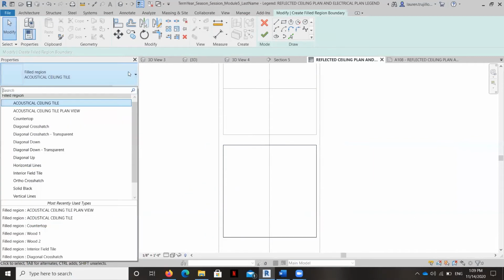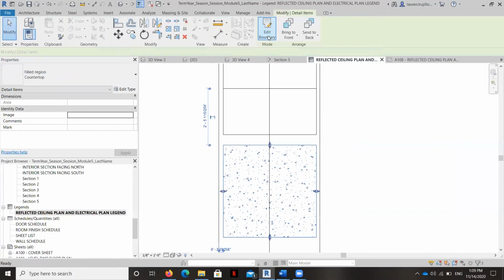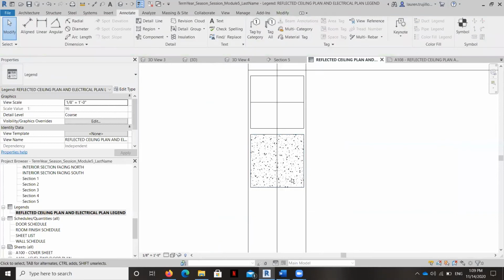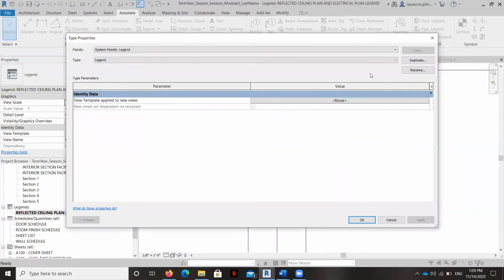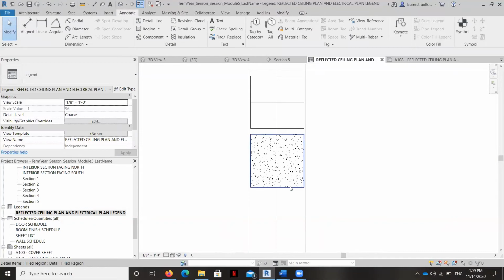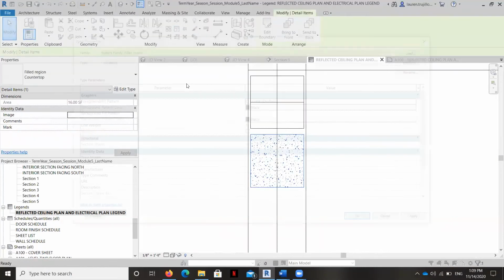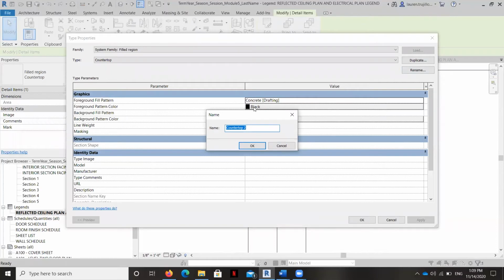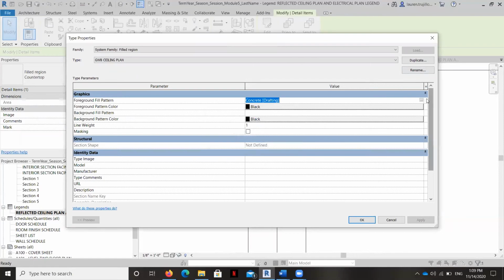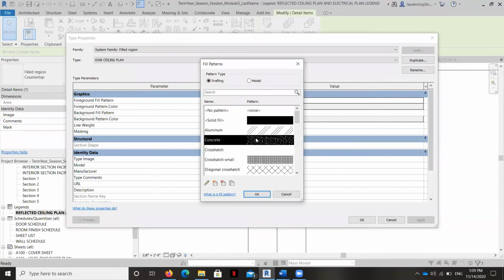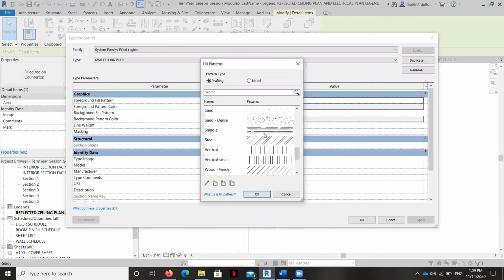Okay, so for this filled region, I believe countertop was the same as our concrete ceiling here. So yeah, let's take a look at that one more time. I'm going to do edit type. And remember when we changed our ceiling finish, that was sand dense.